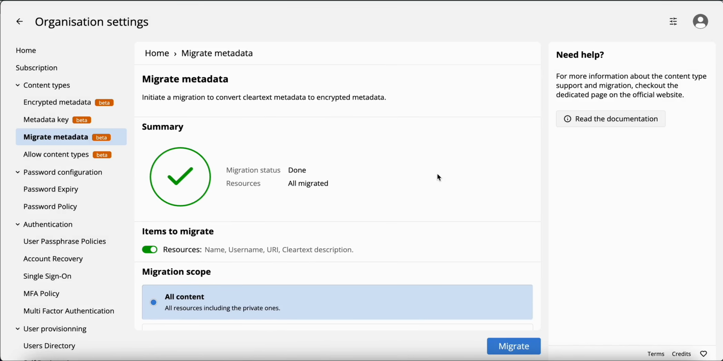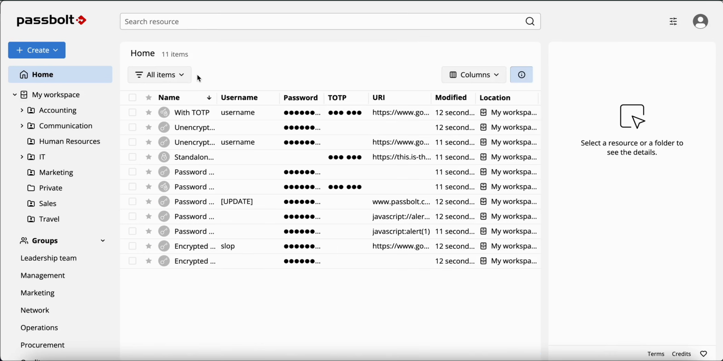Let's return to the resource workspace. As you can see, the user experience remains the same. The browser extension automatically decrypts metadata for display. Since I've enabled metadata encryption by default but still allow resources using old metadata, I now have a new option